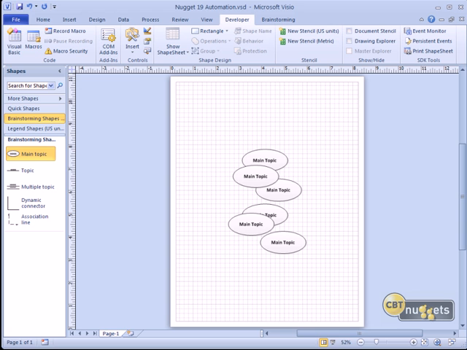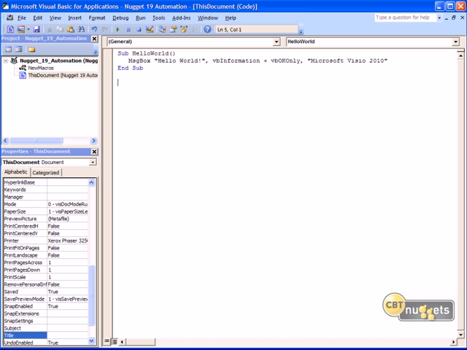Great. Final points about VBA before we move on. As you exert blood, sweat, and tears adding code, as I said earlier, you're going to want to make your code more portable. Couple different ways to do that. We can store our code in a module. We can also store our code in a custom stencil file. That's a pretty cool way to do it. First, let me show you the module.